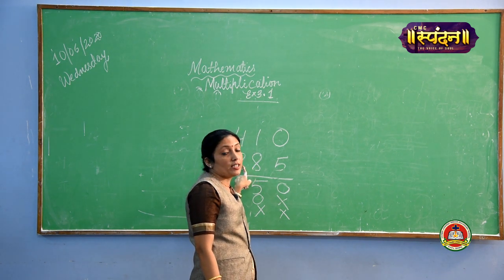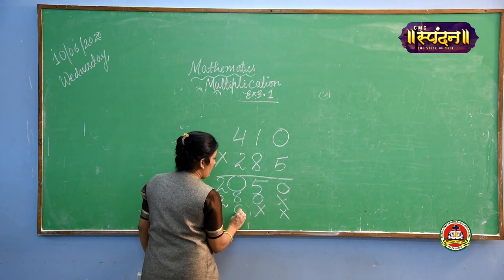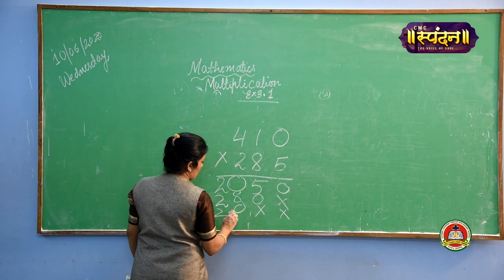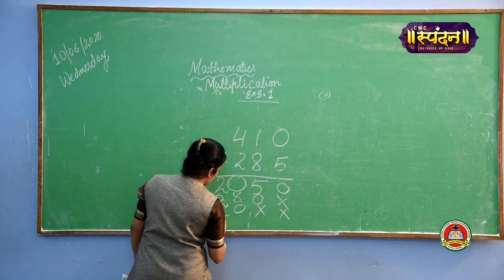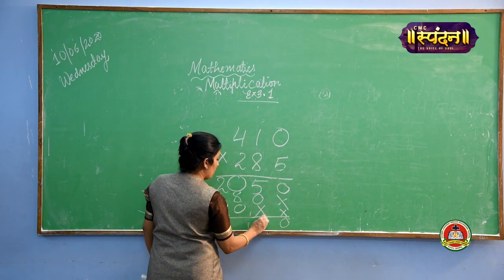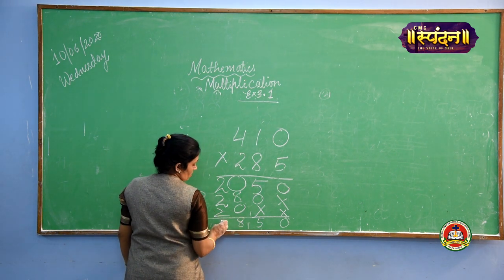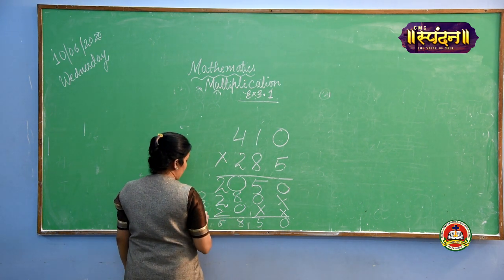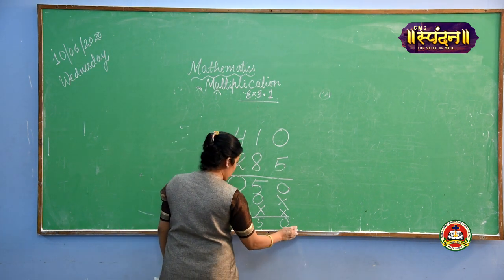So we are telling children that the place value is very, very important. 2 zeros are 0, 2 ones are 2, 2 fours are 8. See, it was a little easy number. 0, 5, 8,